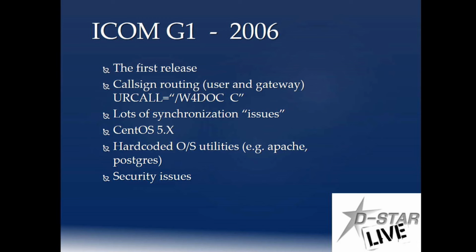So we were really stuck with the version from 2006 they put in, and anytime there were security updates, we weren't able to do those updates. And there have been some very famous problems that have come up on the internet for Apache and Postgres and Linux that needed to be fixed, and we didn't have the ability to do that. So we really relied a lot on the firewalls that were in front of the system to keep the bad guys out. But even then, there were vulnerabilities that we needed to fix.